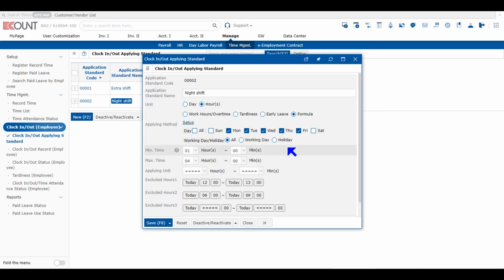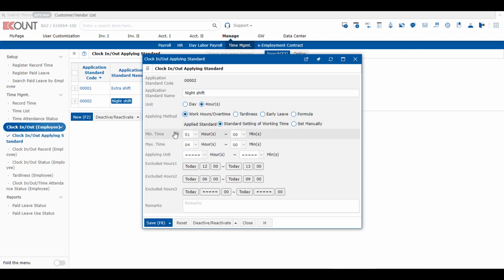Next, in Apply Standard field, you can see two options. If working hours differ for each employee, you can select Standard Setting of Working Time option and pull the work hours from each employee code when applying this Clock In Out Apply Standard code. And in order to set up work hours individually for each employee,